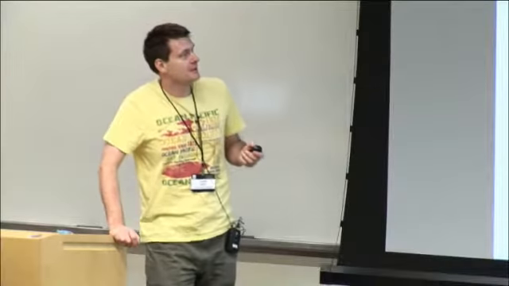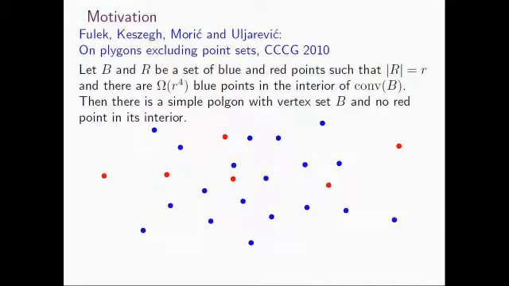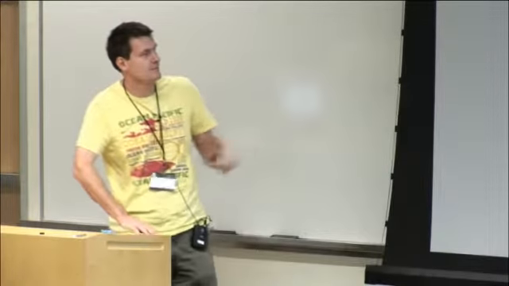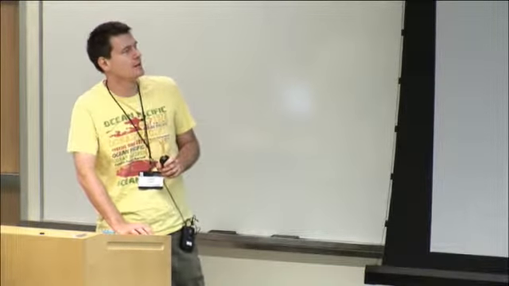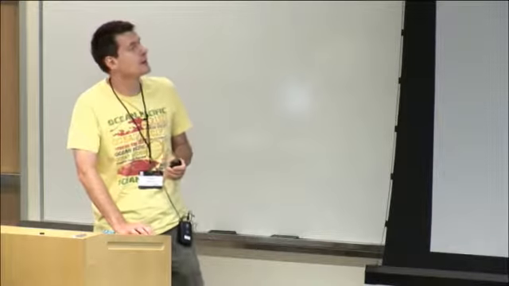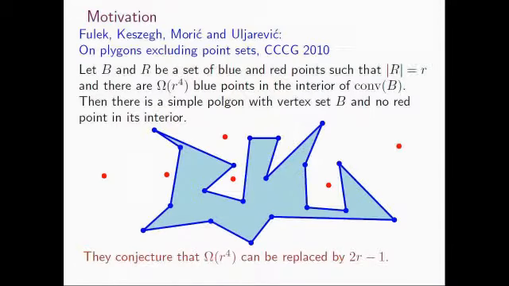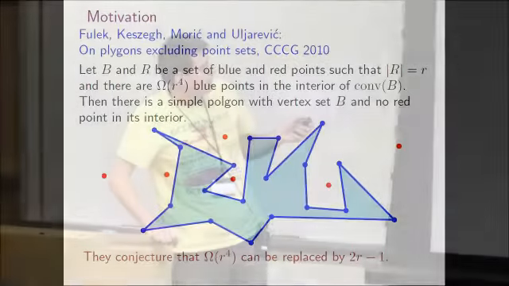I'm going to talk about a monochromatic problem for points and graphs through it, but the motivation comes from a bicolored point set from a paper by Fülek, Kesseg, Moric, and Wilrich. They wanted to separate the red and blue points in a bicolored point set by a simple polygon. And they could prove that if there are